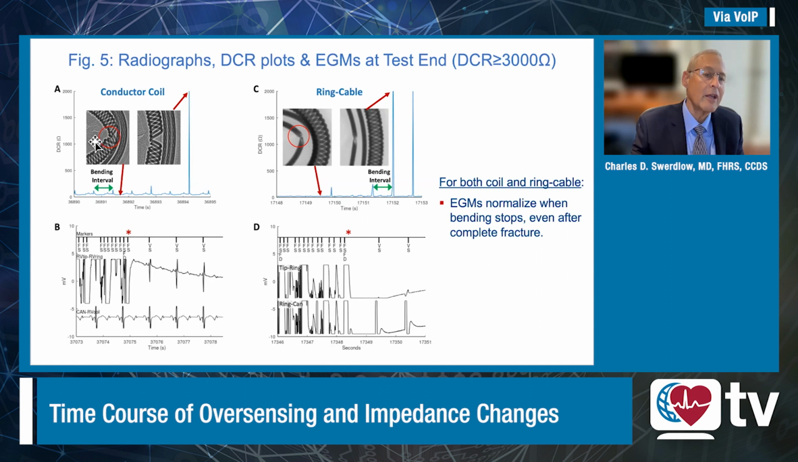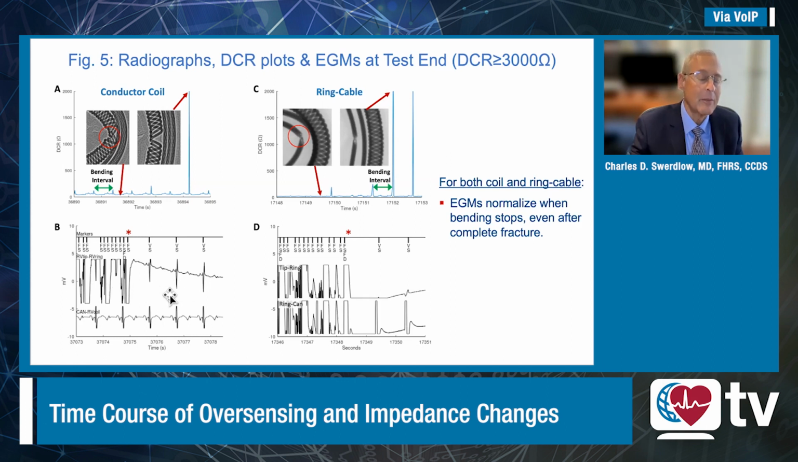On the left side, we see a conductor coil as the test is approaching its end. The first time we get to an impedance of 3,000 ohms, our computer-controlled apparatus automatically turned off the bending. And you can see what happens to the oversensing. The oversensing signal here, which looks pretty much like what textbook oversensing and lead fracture looks like, stops as soon